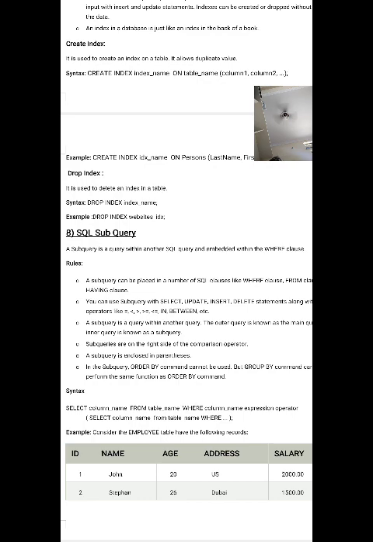But where you have to write that other query? You have to write it in the WHERE clause. Already you know that WHERE is a clause of the select command, so the subquery you have to write in the WHERE clause only.